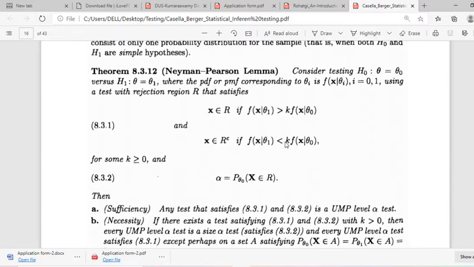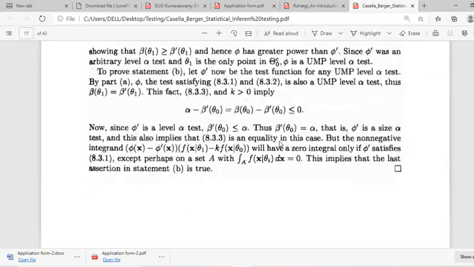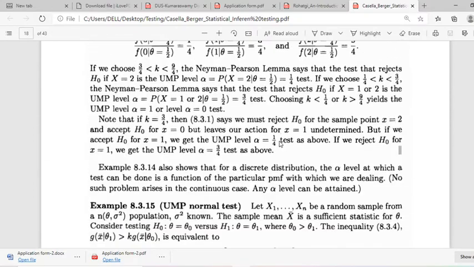Here, look here, when we accept only when it is less than k, we reject only when it is greater than k. So we can decide when x equal to 2 we can reject, when x equal to 1 we cannot determine, but when x equal to 0 we can determine, because when x equal to 0 this ratio value is 1 by 4, that is less than 3 by 4. Okay, so in the case of x equal to 1, that means when k is equal to 3 by 4,